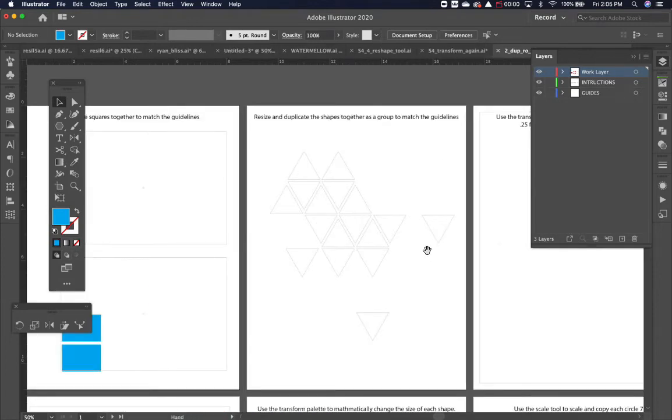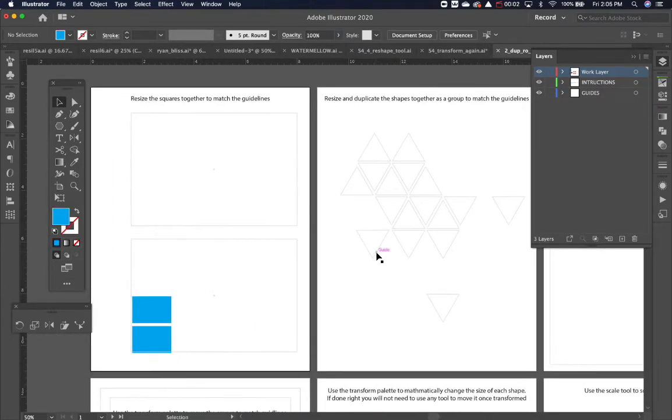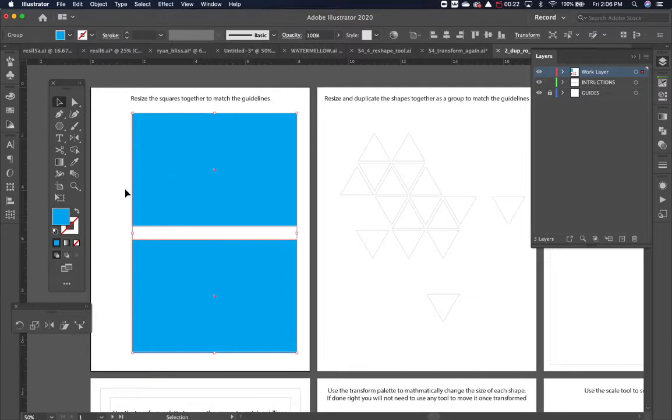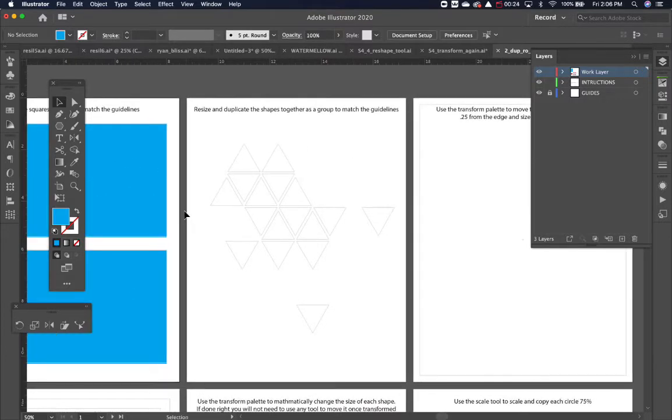This is the tutorial. In this video, we're going to look at resizing, grouping things together, and then using the transform palette. With this one, we are going to take these together. I can group them with Command G and then just make them bigger together. We're going to use that same idea